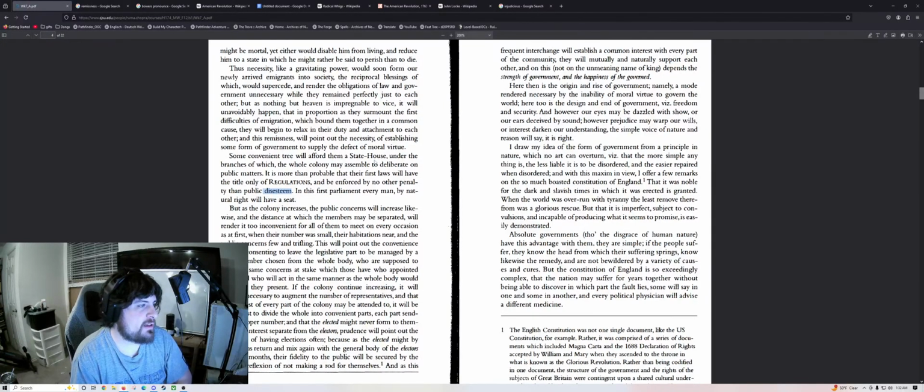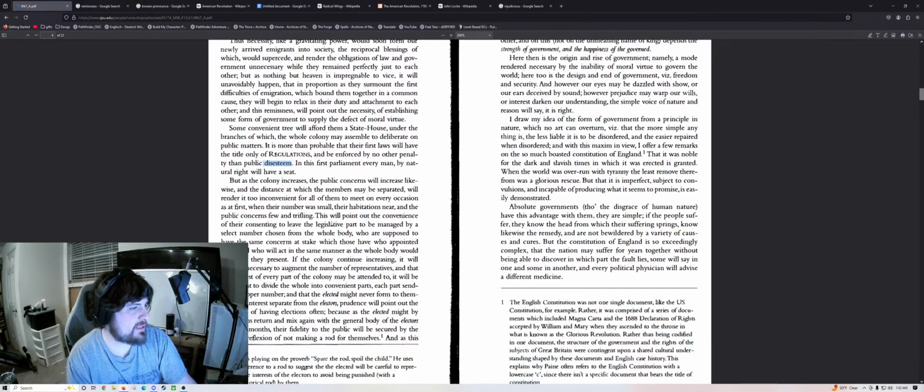But as this colony increases, public concerns will increase likewise, and the distance at which these members may be separated will render it too inconvenient for all of them to meet on every occasion. As at first, when their numbers were small, their habitations near, and the public concerns few and trifling, this will point out the convenience of their consenting to leave the legislative part to be managed by a select number from the whole body, who are supposed to have the same concerns at stake which those who have appointed them have,